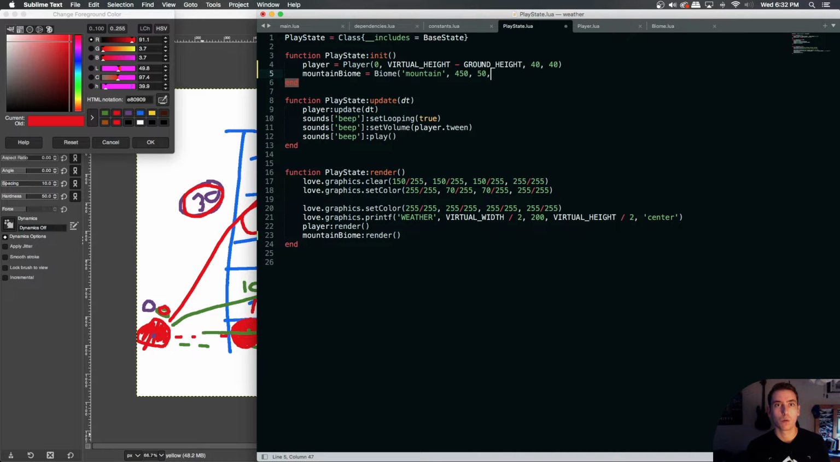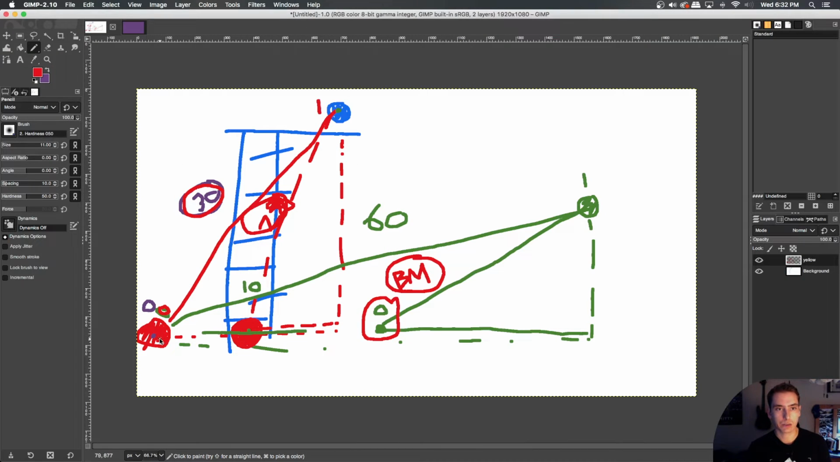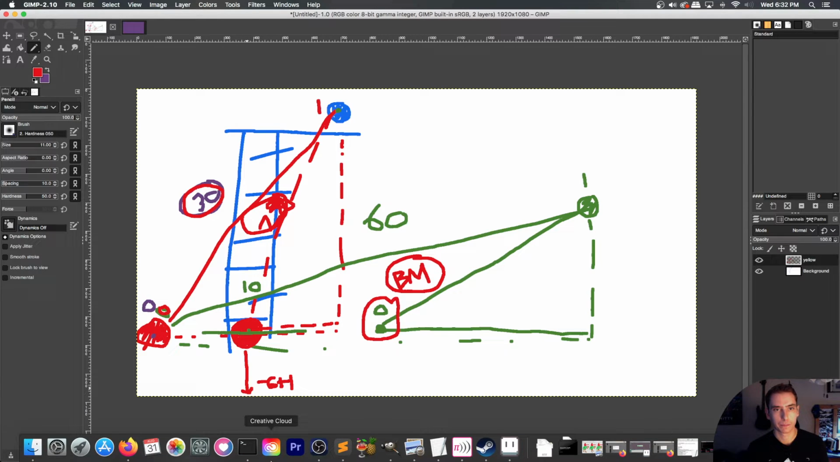So our mountain biome X and Y needs to be, if here's the biome, it needs to be to the left of the ladder, start probably at the bottom of the ladder. So the bottom of the ladder is going to be virtual height minus ground height. That's going to be our Y, and our X is just going to be wherever we determine our ladder should be, which if we print up